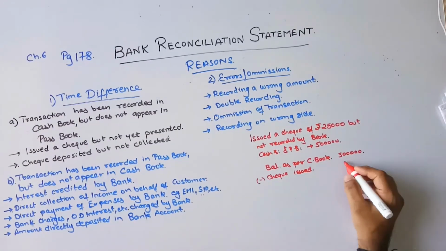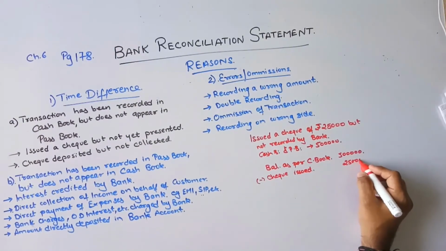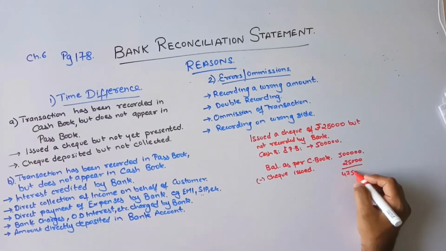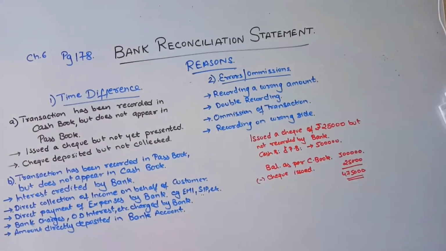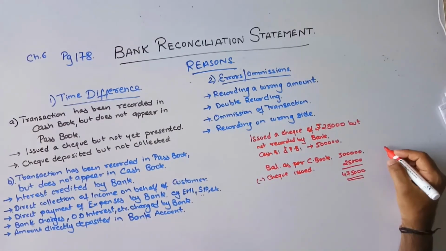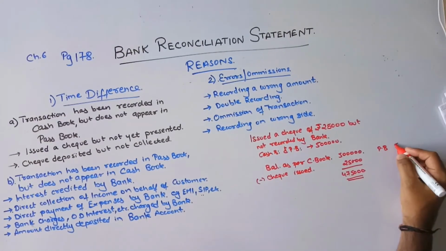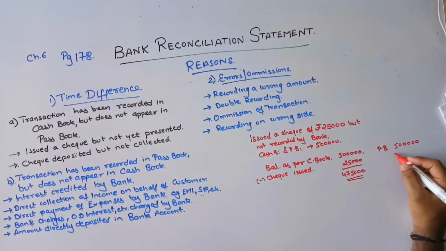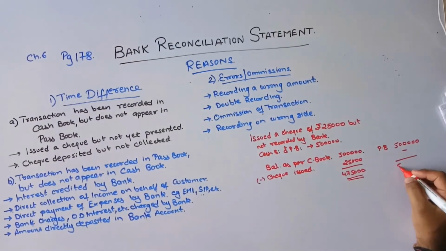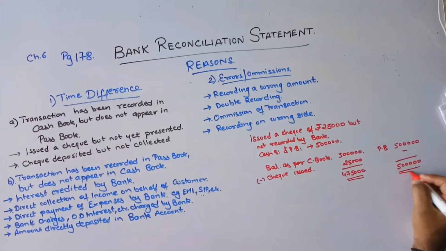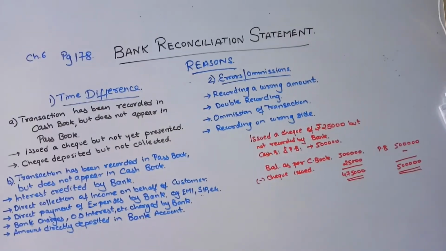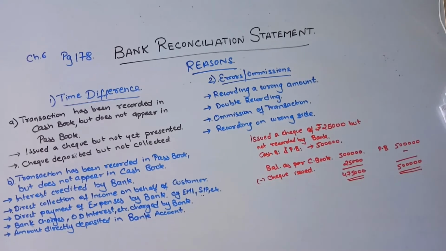This I have already done, and this balance has come to 4,75,000. My balance was already 4,75,000 as per the cash book, but if I see my passbook, the balance was 5 lakhs. Nothing was coming over here, and my balance was reflecting as 5 lakhs only. This was the difference. Now here comes the major crunch. If the sum states that you have to start with balance as per passbook, what will you do?